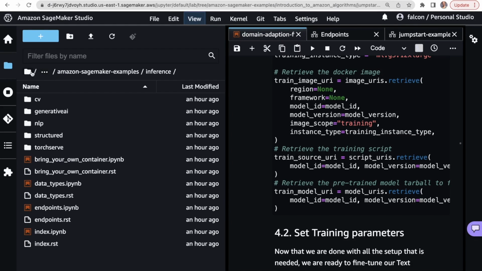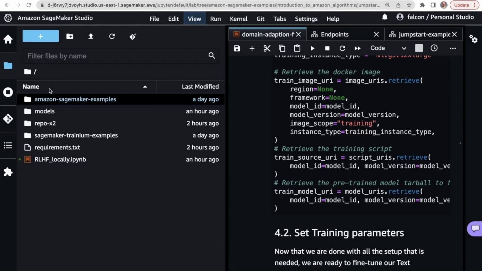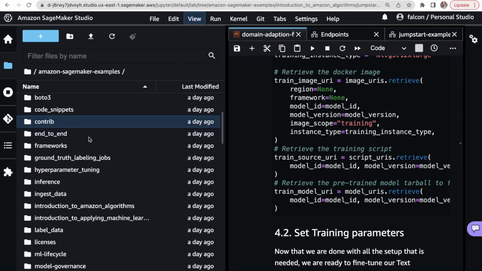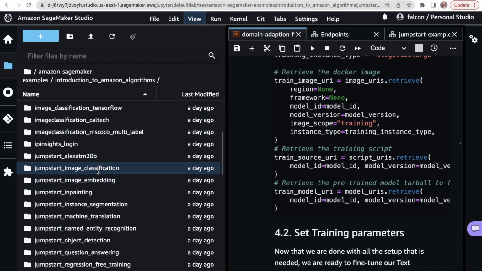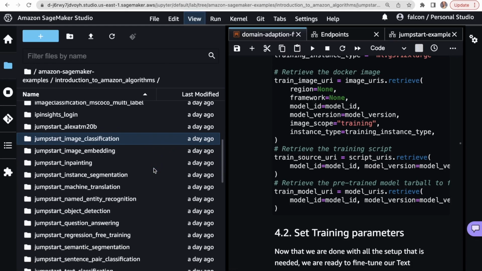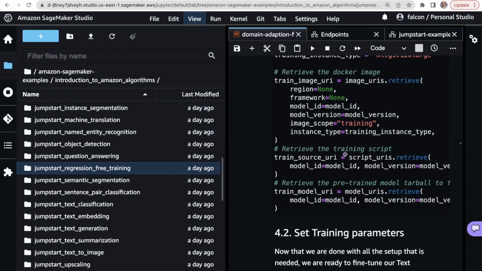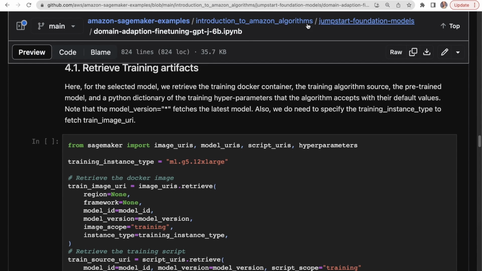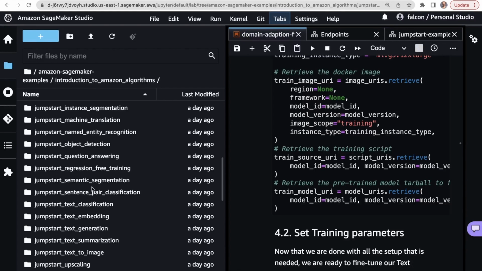So that's in, yeah, here. So in the SageMaker example still, and then it's in Introduction to Amazon Algorithms. So out here, and then, where are we again? There we go. Jumpstart Foundation Models, Domain Adaptation.